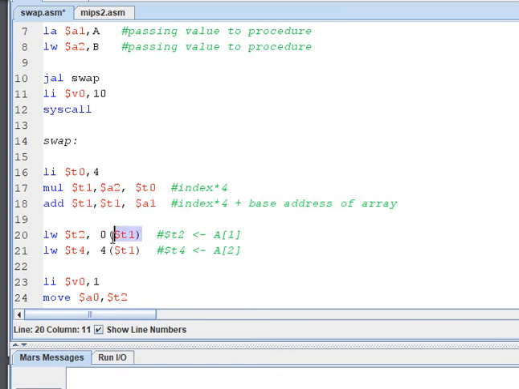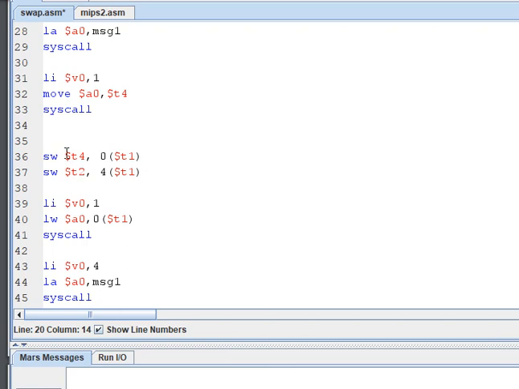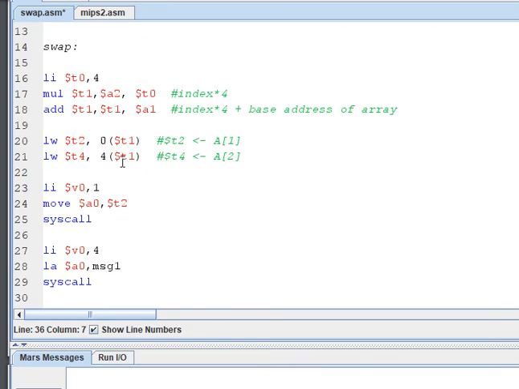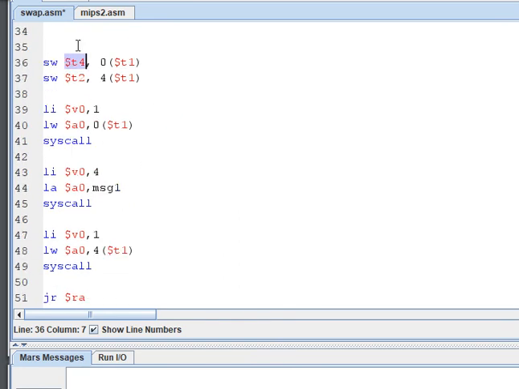So I move the A of 1 value to register T2 and A of 2 to register T4. Now you can swap them. How to swap them? Move the T2 value to this location. Move the T4 value to this location. Now I am printing the value. Here it is. Can you see? We swapped it already. T4 for the above, T2 for the below one.